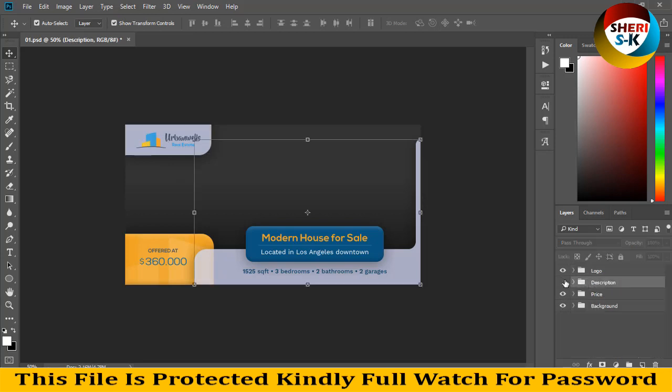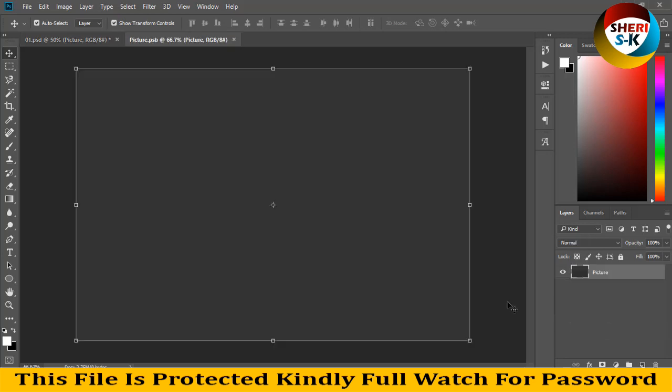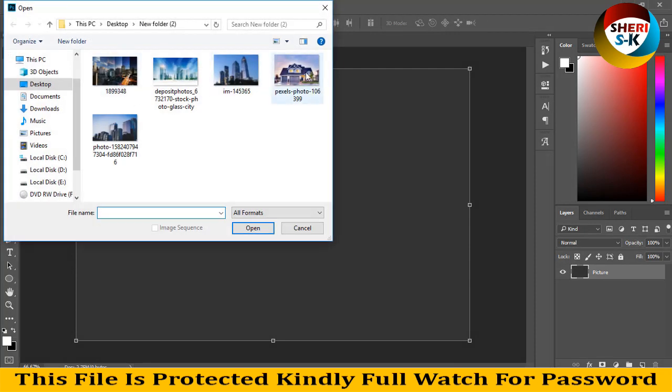Here is the description. You can write your own details: square foot, 3 bedrooms, 2 bedrooms, or 2 garages. Here is the price. So you can adjust your own. And here the main thing is the background. So double click here and open any other photo like this,